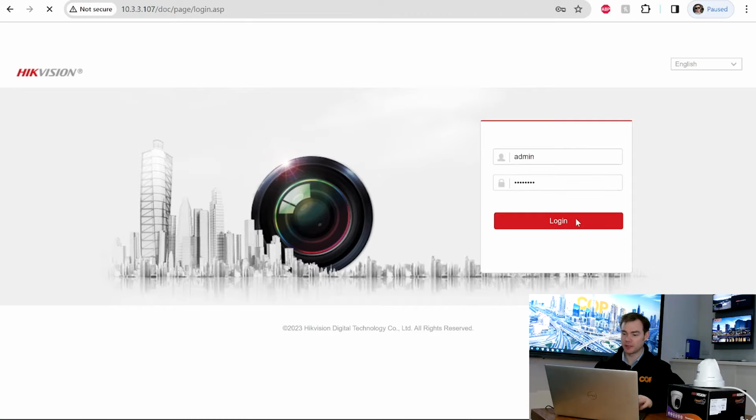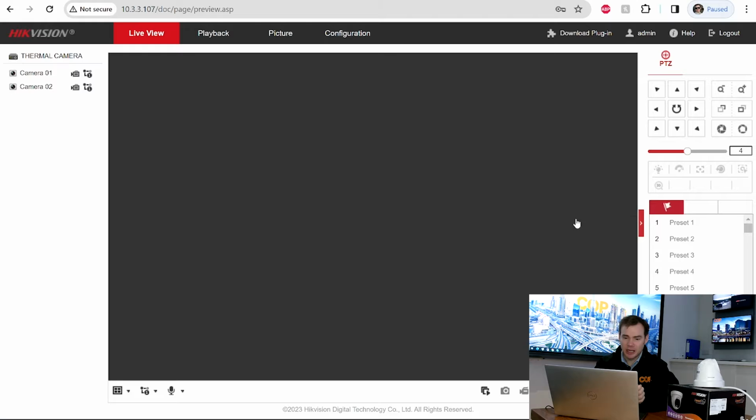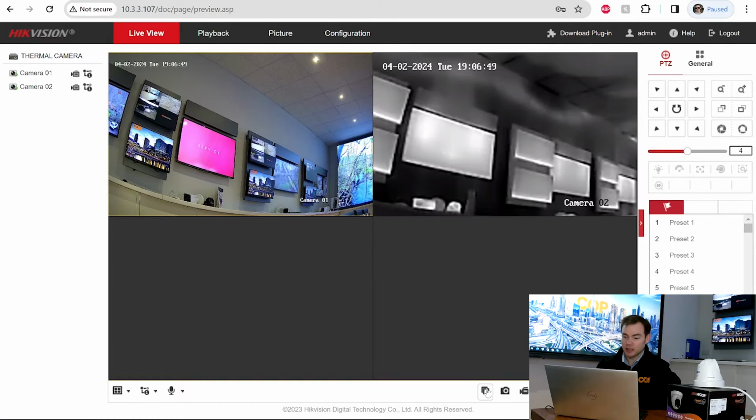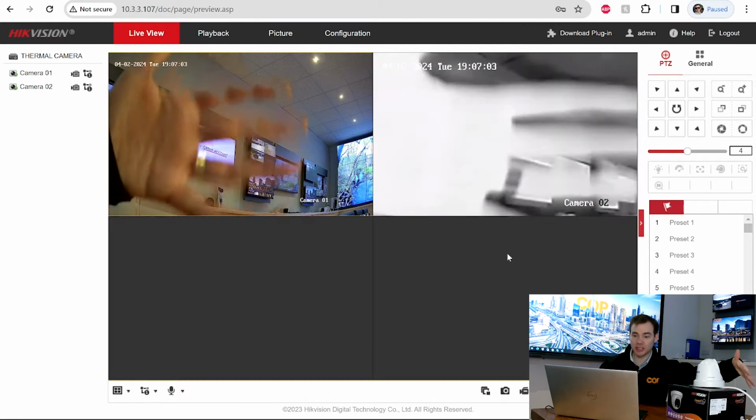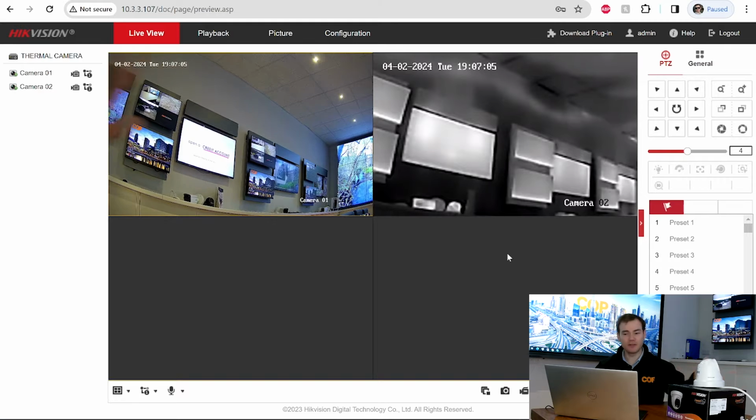Okay, so let's just log in and take a look. So this should bring me to the live view page. If I just click the play button at the bottom, that should show me both channels. So I've got the optical there on the left-hand side, and I've got the thermal channel on the right-hand side. So again, it is important in noting that this camera does have two channels, one for optical, which is for your identification like you would get on a normal camera, and then you've got the thermal camera as well, which